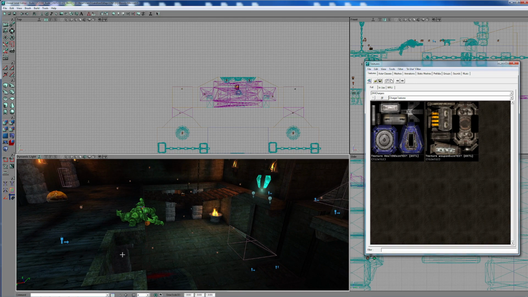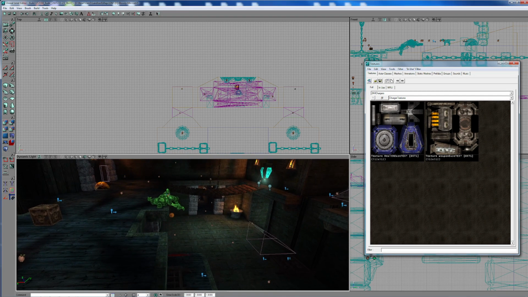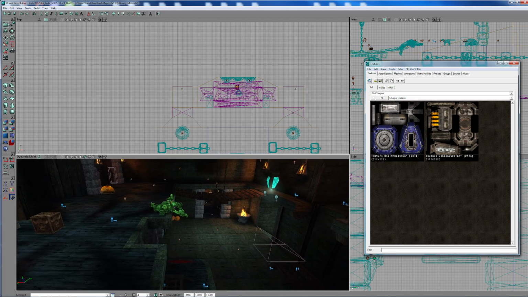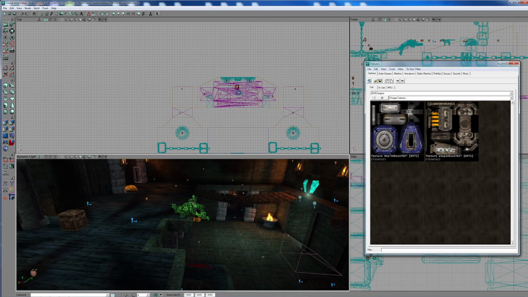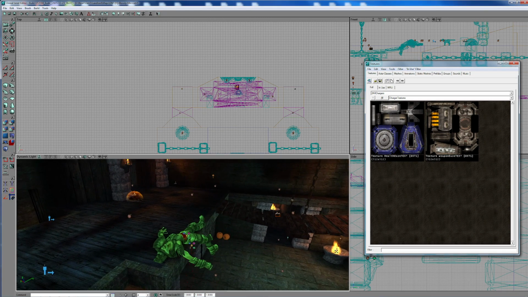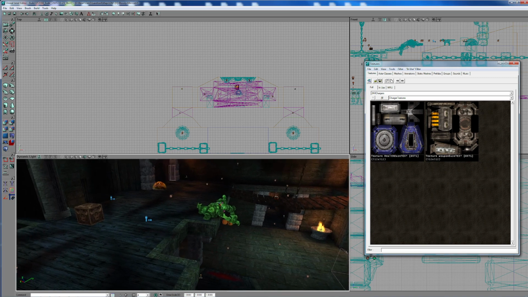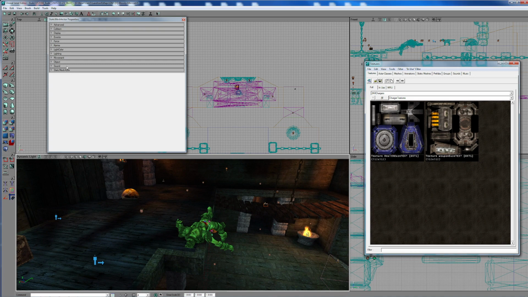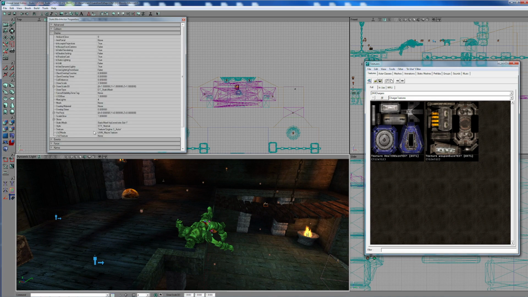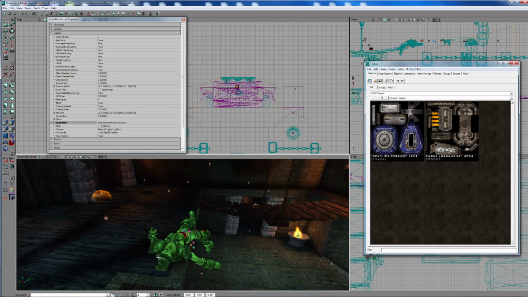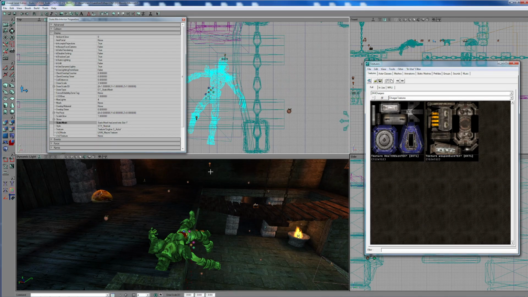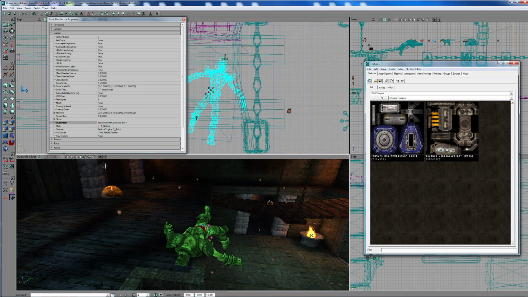So I think this actually might be, this is such a big subject, it might be part one of something. It's going to take a while to try and explain this. So in this case, if you go into display, yeah, it's my level, and it's just a static mesh. Well, you can tell it's a static mesh. You know, it's blue, static mesh. Okay, so